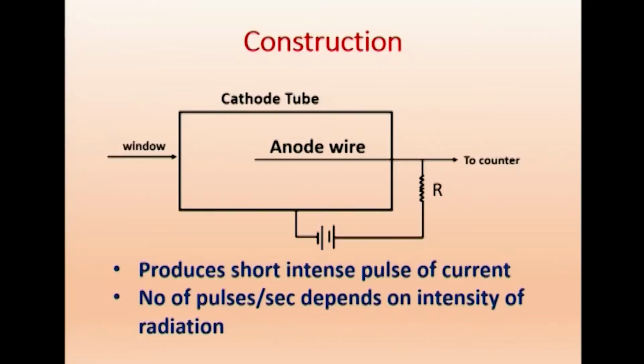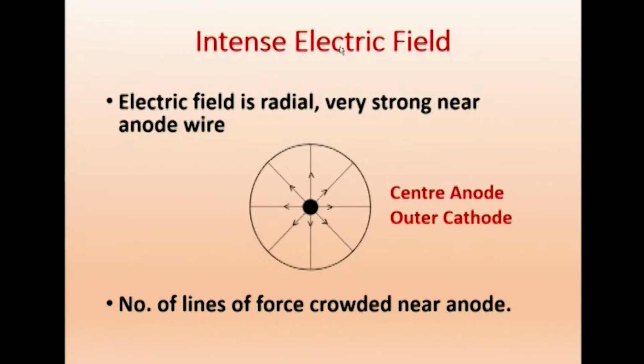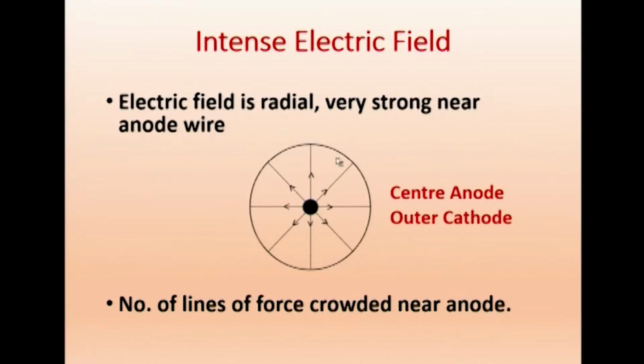Now, we will go into more detail. Now, we said why it is used this way. We said it is a cylindrical cathode and the anode is a wire. If you look in this direction, it is a cylindrical cathode with the anode along its axis. Suppose I turn this and look in this direction, it will be like this: the cylindrical cathode and the wire going inside, so we will see only a dot here. This is the cross sectional view. The other one we drew is the side view.